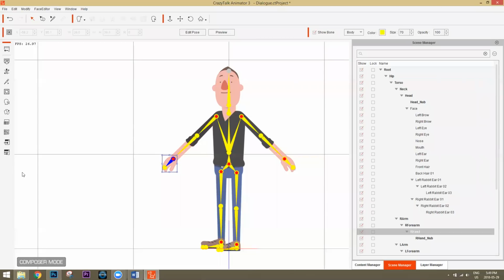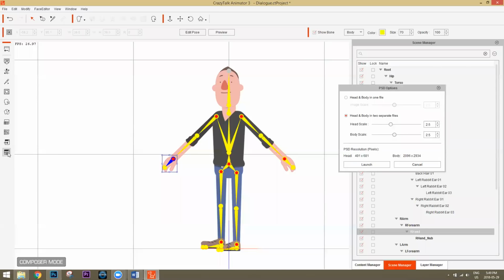Now, if you have the pipeline version, you can actually launch the whole character by going over here to launch to external PSD editor. Okay, and this is going to launch your entire character. And here you have the option to launch the whole body, or the head and body in two separate files. I normally just choose head and body in one file. This stuff we'll talk about a little bit later.